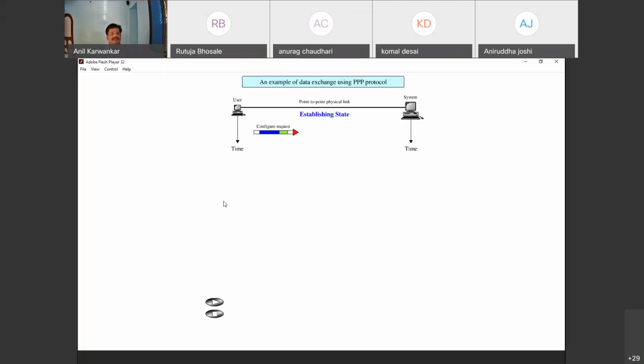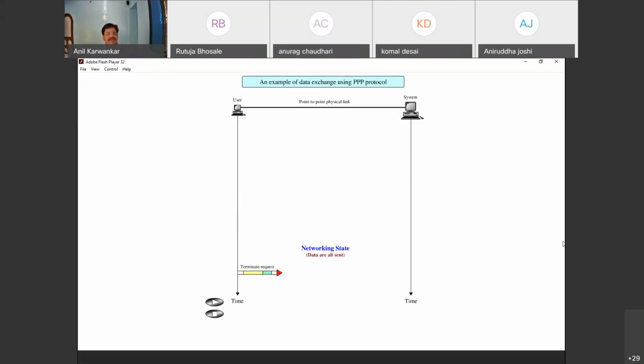So we start. See, over time, what is actually happening. In the establishment state, the authentication request is sent as the second packet. First, the authentication acknowledgement is sent from the system. The establishment phase is now complete. Then it's the networking state: the configuration request and the configuration acknowledgement. Once the networking state is established, that is, you are part of the network, then you can send your data.